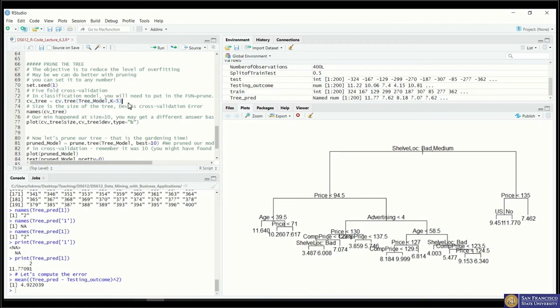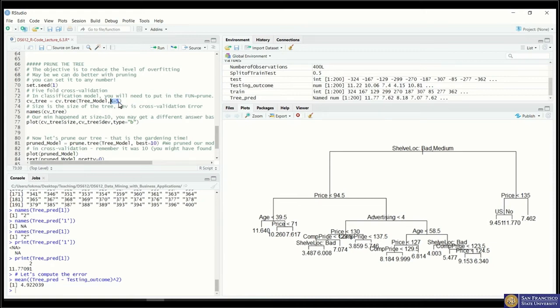So let's use a cross-validation model with a degree of 5 here. Degree of 5 means we want to chunk up this total data set, which is 400. Actually not 400, because we only have 200 in our training set. So we want to chunk up the data that we trained on into 5